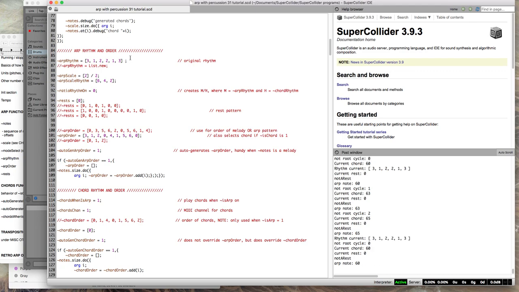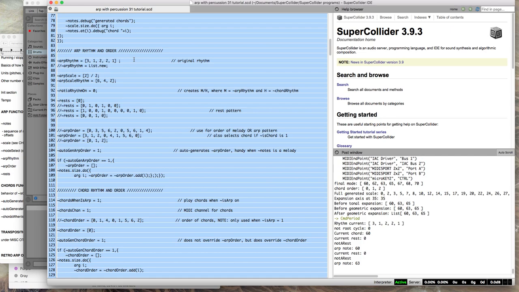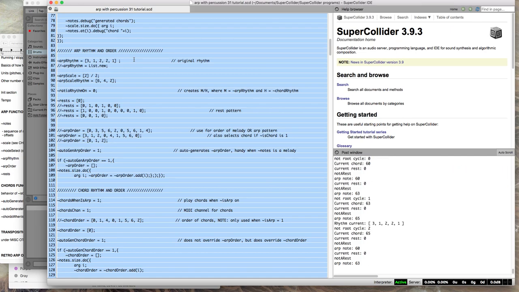Now, if we stop it and we wanted to create a period of more interesting interference, we could eliminate one of these. So now we'd have 60 at 3, 63 at 1, 65 at 2, 60 at 2, 63 at 1. Now it's going to do 65 at 3, 60 at 1. So as you can see, the pattern is still going to be pretty boring, but just in terms of the pattern of interference,